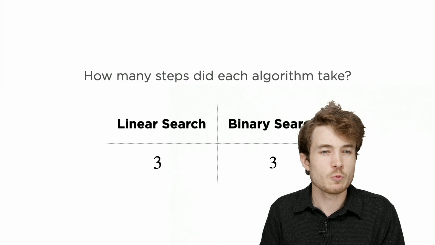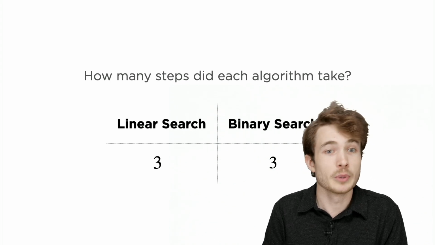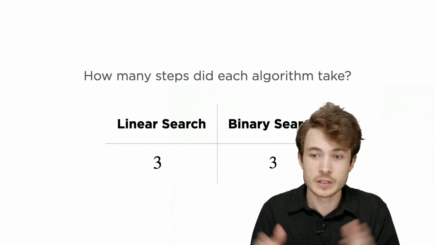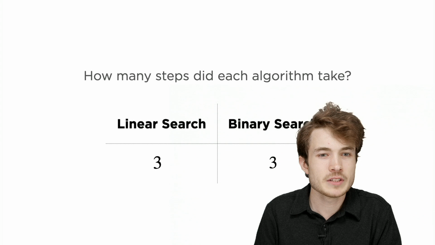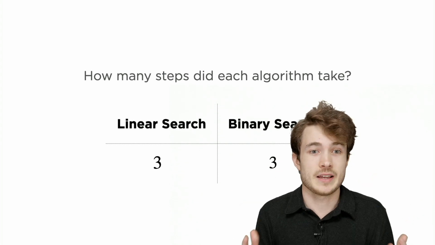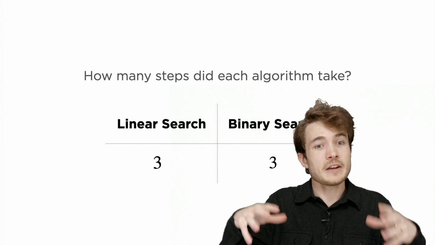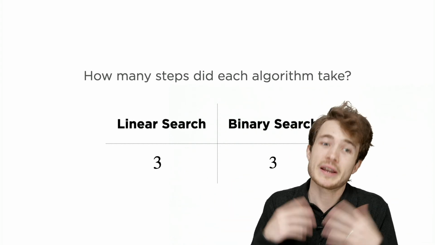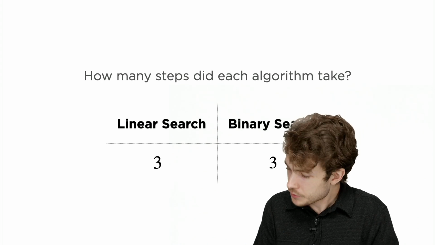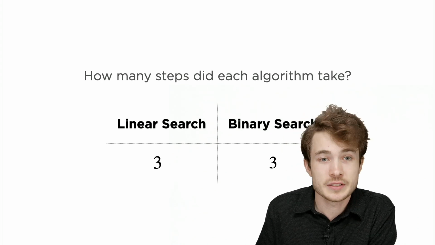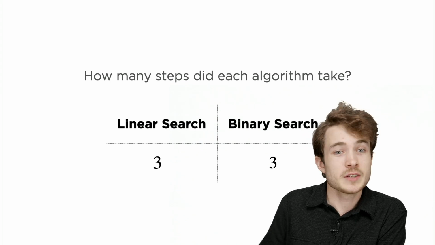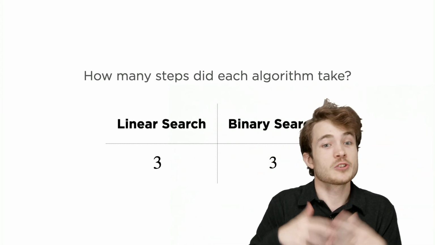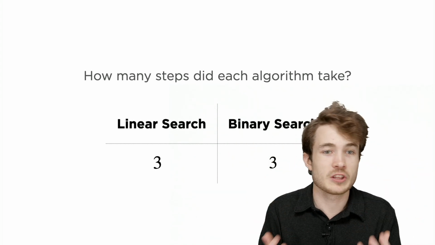So perhaps maybe we just got a little unlucky here, and both binary search and linear search took 3 steps, but that might not be the case in all inputs. And I like this idea of it depends on the size of our data set. So if we had a very, very big data set, we saw in lecture that binary search might be a little bit better for that big data set. So let's think instead as a computer scientist would, and think not just in terms of this one particular input, but in terms of input in general. In the general case, how well do each of these algorithms perform?